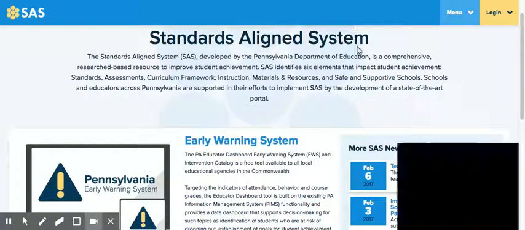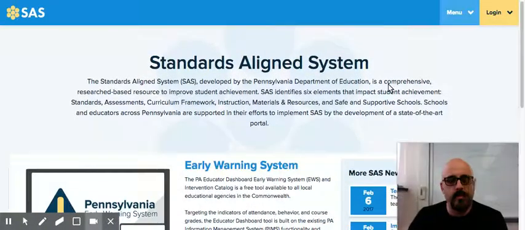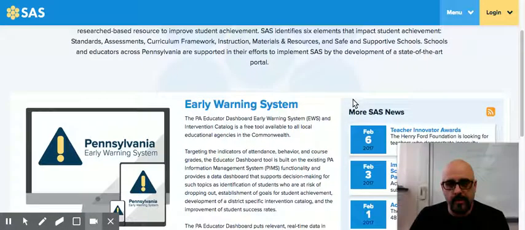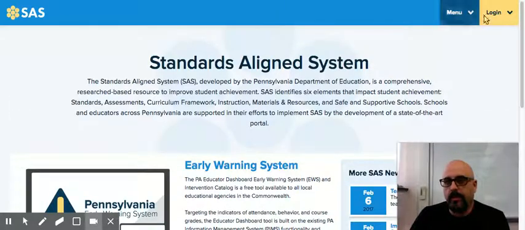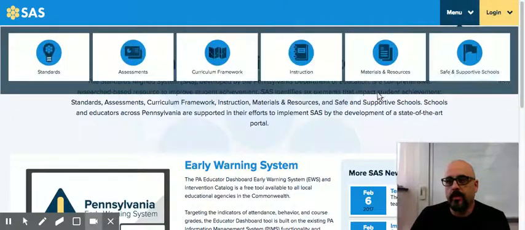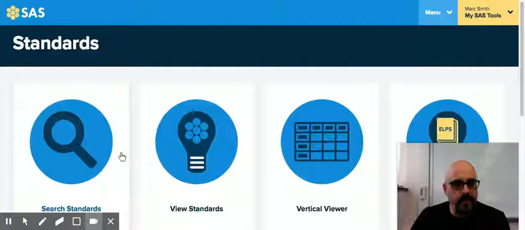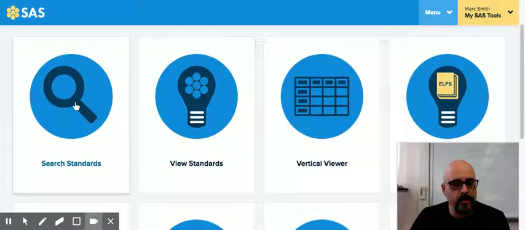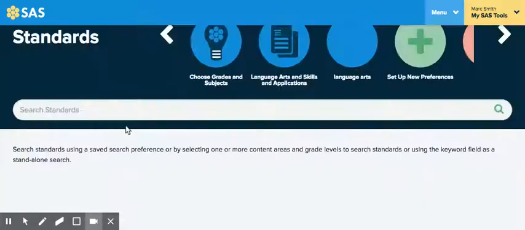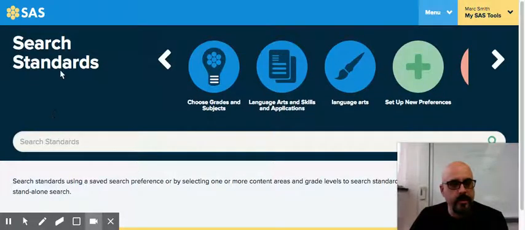There we go. You'll see that this is the SAS website. It's pdesas.org. You can type SAS into Google. It's usually the third one down. And what I'm going to do here is go to my standards. Now you can use the standard that you have for your lesson on the Smart Lesson and just carry it over into your screencast. But if you want to start from scratch, you go to search